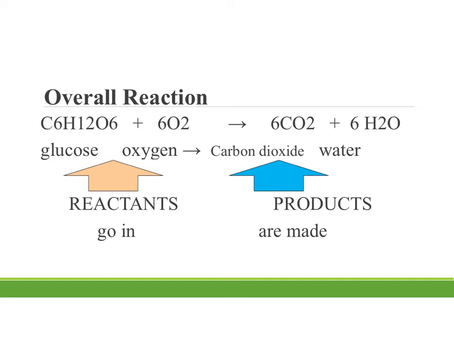All right, so here's the overall reaction for cellular respiration. So we have C6H12O6 plus 6O2 yields 6CO2 plus 6H2O. So what this equation is saying is we have glucose plus oxygen yield carbon dioxide and water. So make sure you take the time to write this down in your notes. You want both the chemical equation and the word equation. The numbers in the chemical equation should be subscripts. The formatting on this slide didn't convert them to subscripts, but it should look like